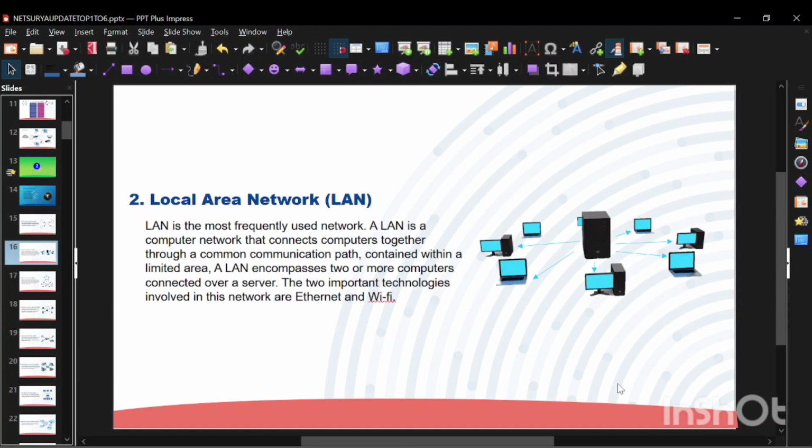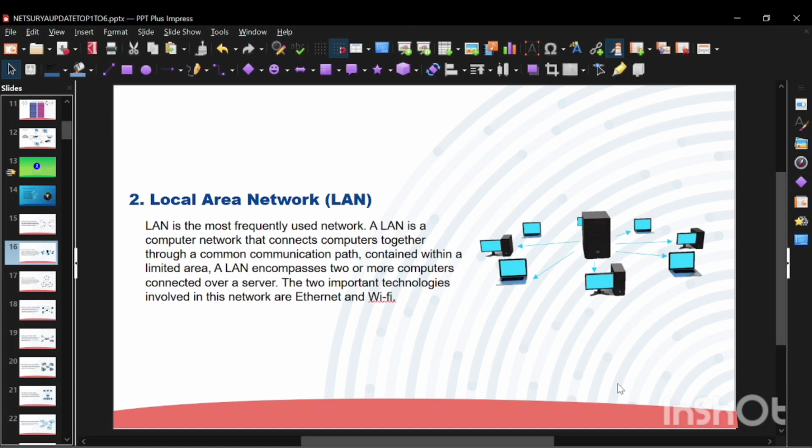So second is your local area network, that is LAN. It connects multiple devices like your computer, printer, and your phones within a small area like a room or house, a school or an office. The range is limited, but the speed is really fast. A local area network is usually wired using Ethernet cable, but it can also be wireless.